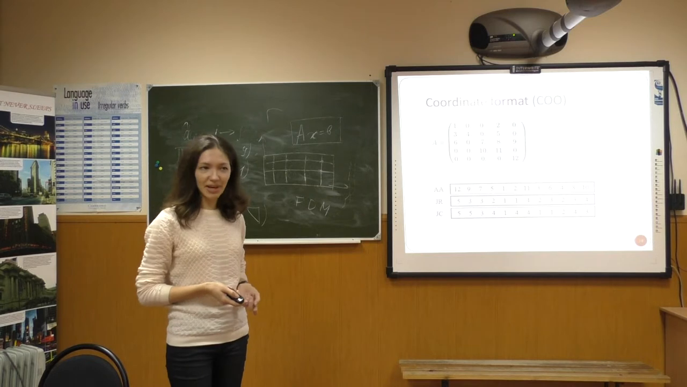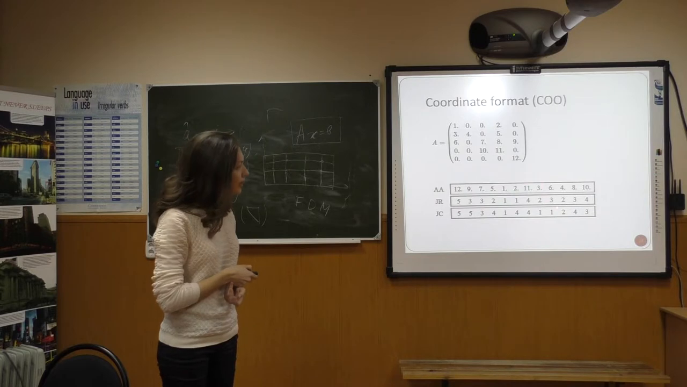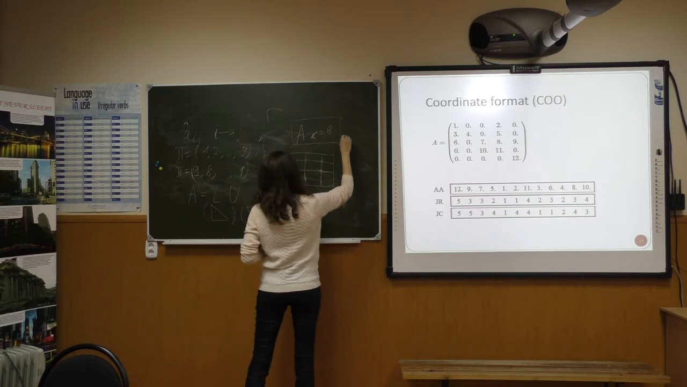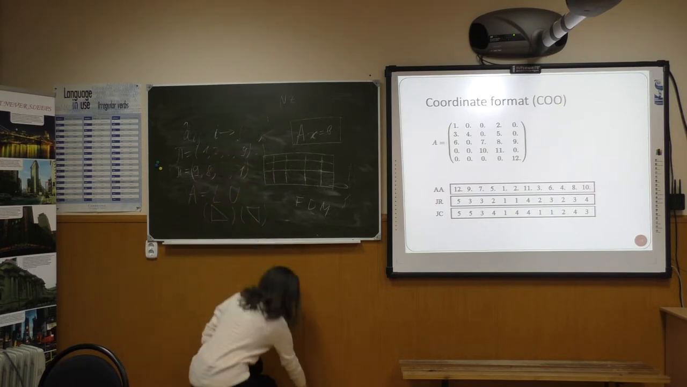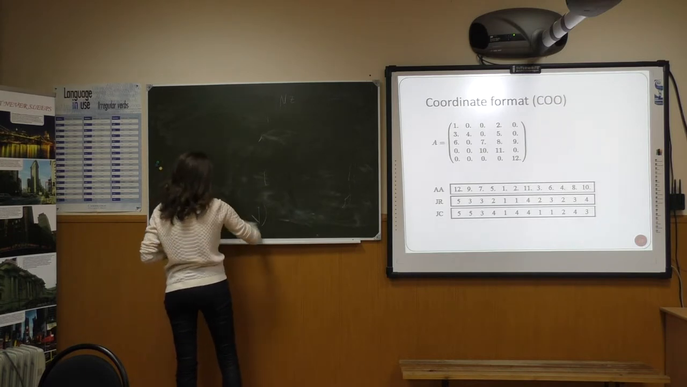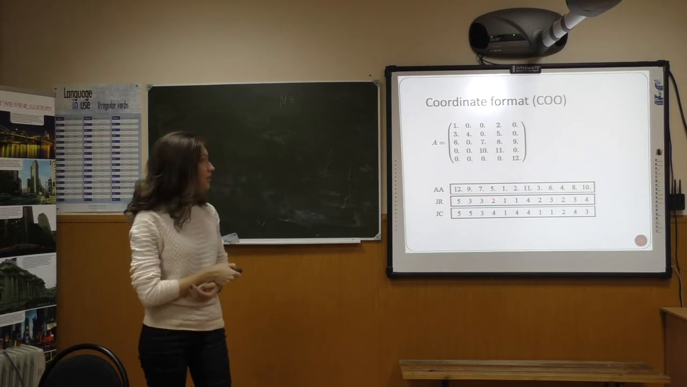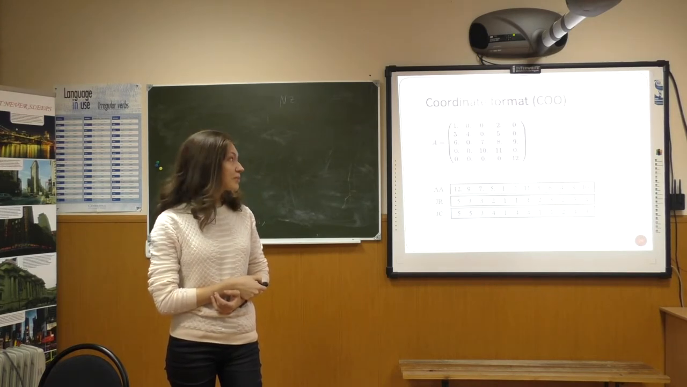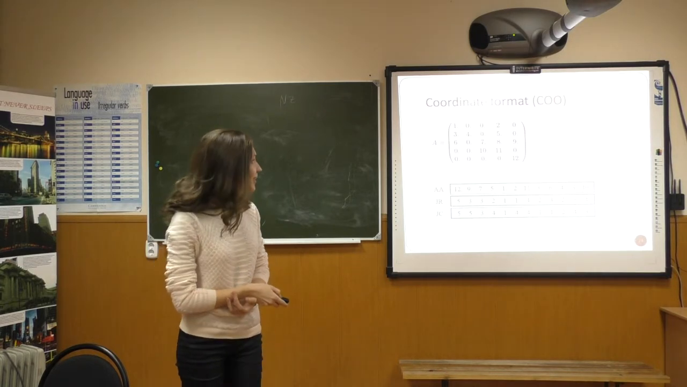This is pretty clear. So we will have three arrays of the length nz, where nz is the number of non-zero elements in our sparse matrix. So we will need to store actually 3 multiplied by nz elements altogether. Can we store less? Of course, yes, we can store less, and here is